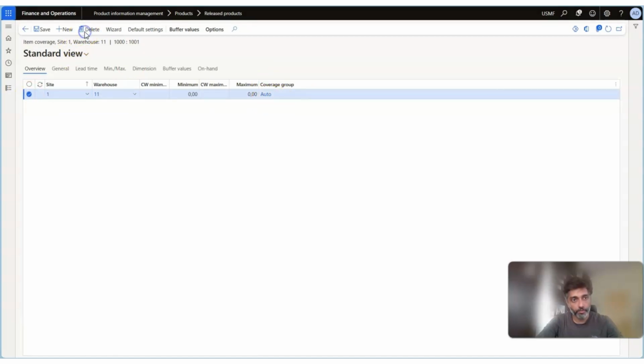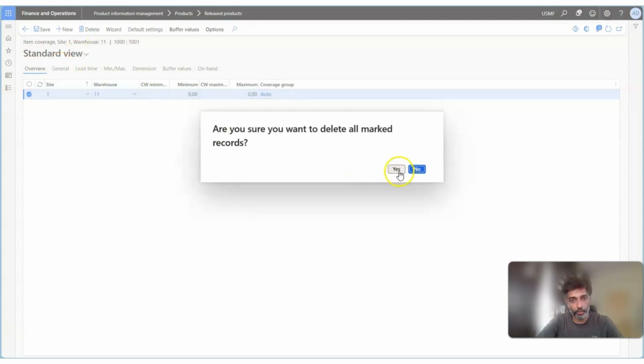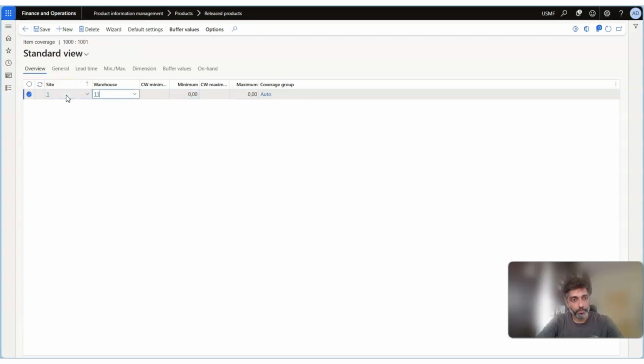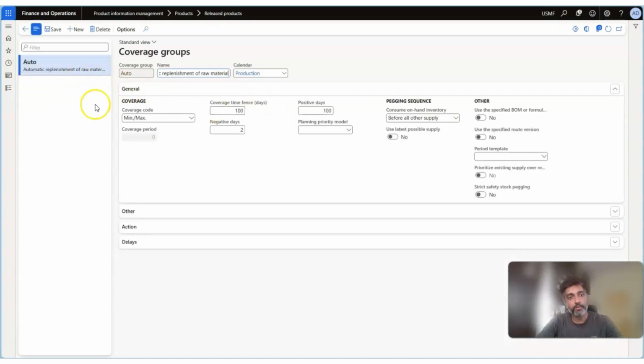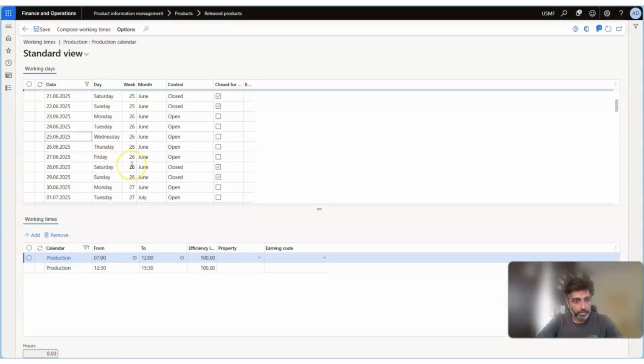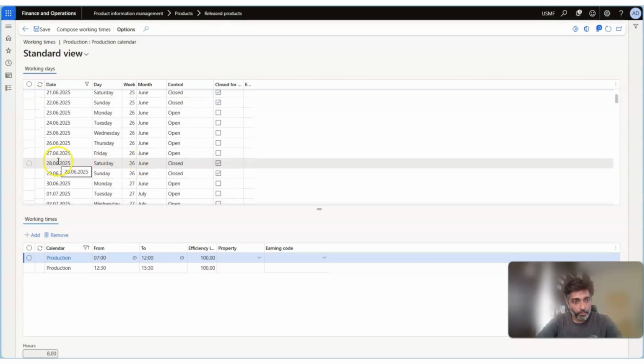So let me delete this. Even if I create a new line, it will by default take the coverage group as auto. Let's say this is the coverage group which we want to assign. Each and every coverage group comes with a default calendar which we need to assign, and whatever calendar is assigned in this particular coverage group will govern the receipt date for those warehouses. Let's try to understand this. Let's say for production,